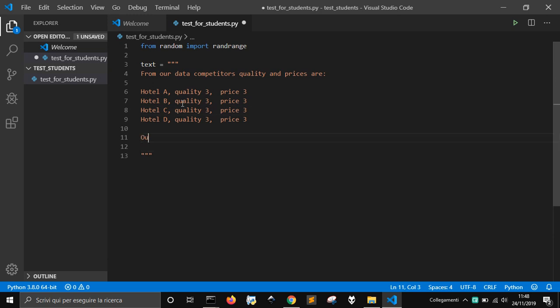And our targets, the clients, are families. They want quality 3 and price 3. Then we have a business target, and we have also a young target. These are single and not married and so on. And for the same, now